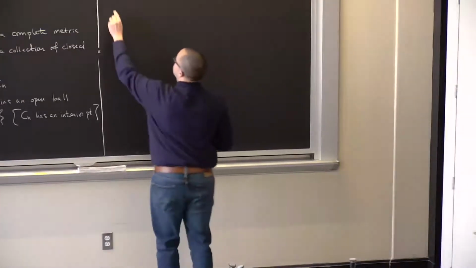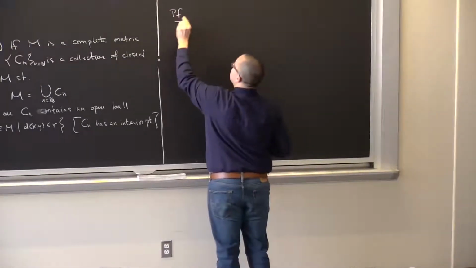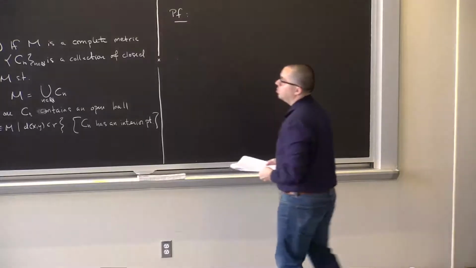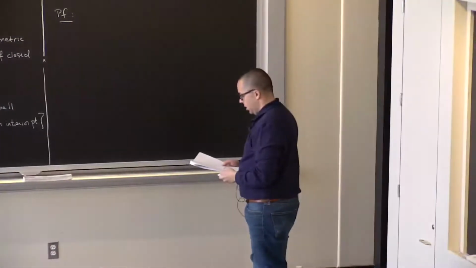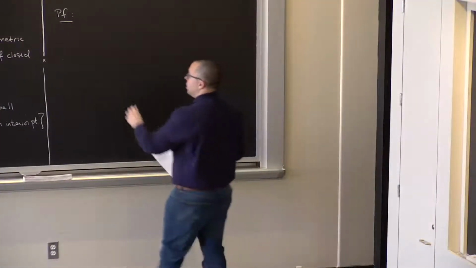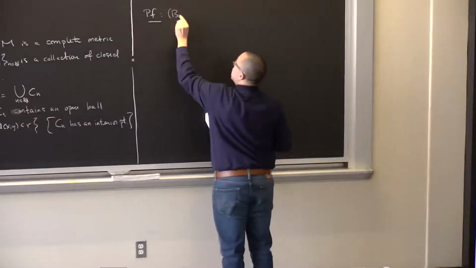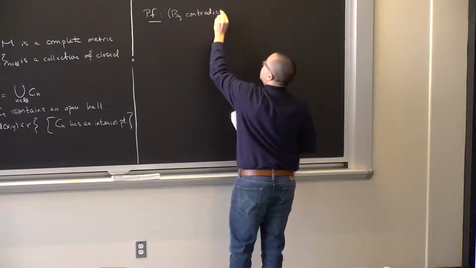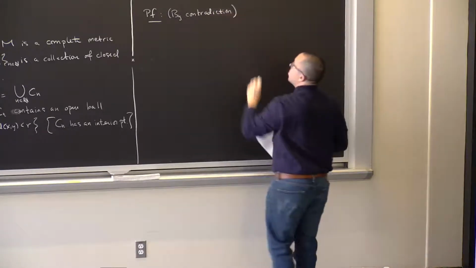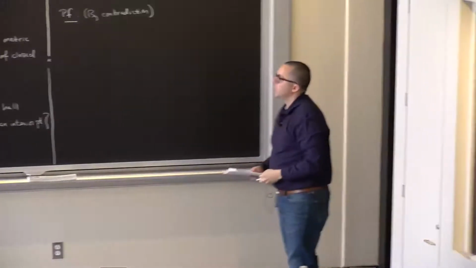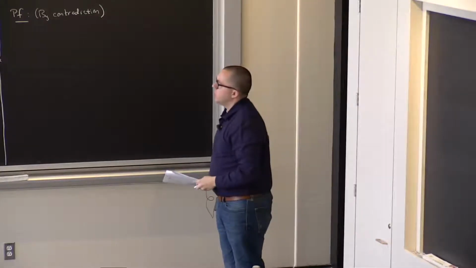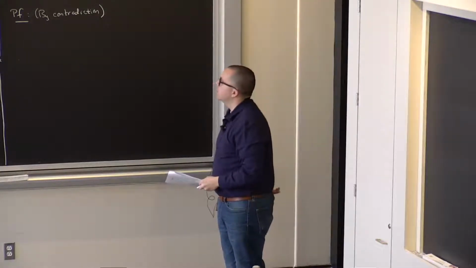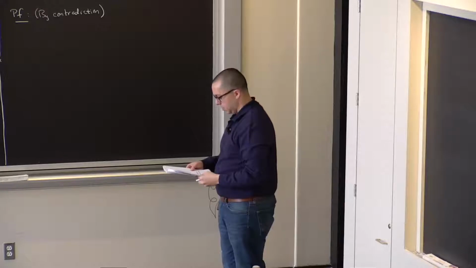Maybe I'll put that in the exercises. Maybe I'll just point you to it somewhere. We'll see. All right, so the proof is by contradiction. I believe this is the first contradiction proof that we've done in the class. So in 18.100A and B, you start off, everything is by contradiction.